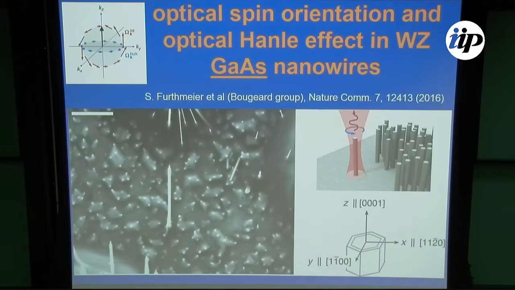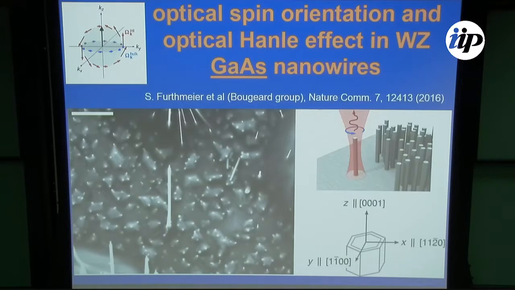So Dominique grows these wurtzite nanowires of gallium arsenide. He grows a whole forest of nanowires, and then he kills most nanowires except one. Then he shines light on just one nanowire and does the Hanle effect in the presence of a magnetic field. By optically shining circularly polarized light, he excites spins in this nanowire,